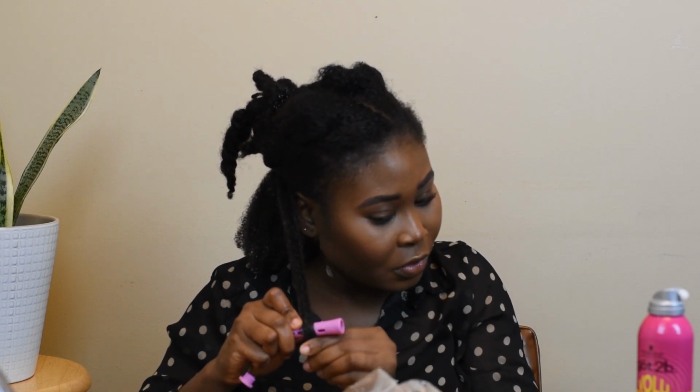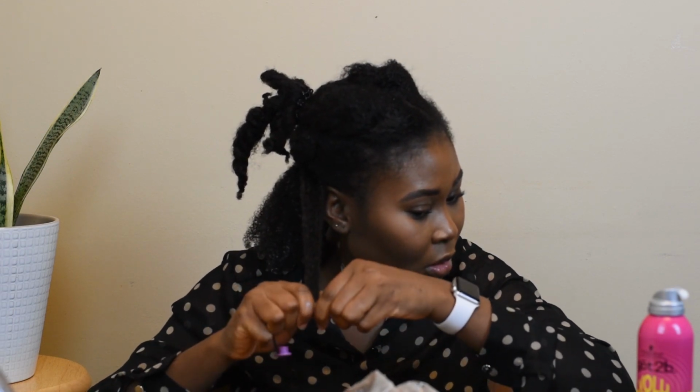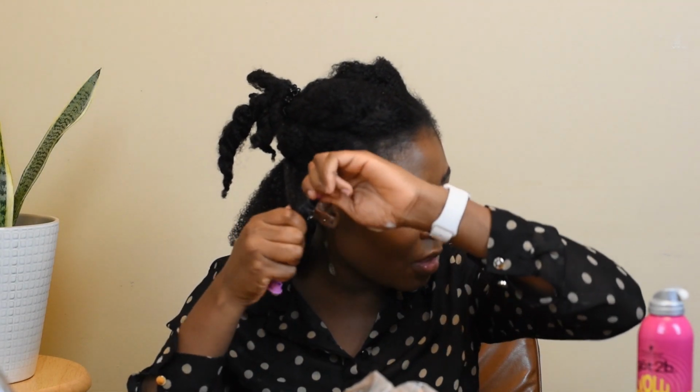then I crimp them together, then I take a little section and I'll crimp them. The ones that fell out, I'm just gonna take one of these, and then bring it, twist it up. I really don't know how to explain this, but